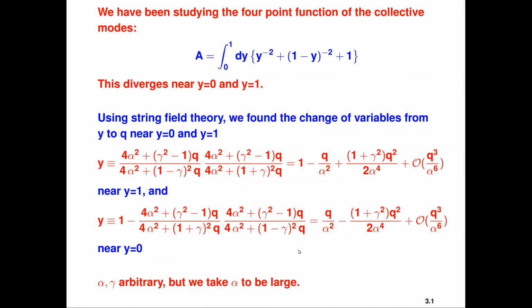I have a quick question. Yes. So say for the modular space of the 4-point function, I want to cut the integration in y from 0 to say some epsilon. Does this epsilon correspond to some value of q or some value of alpha and gamma? Some value of alpha. Because okay.